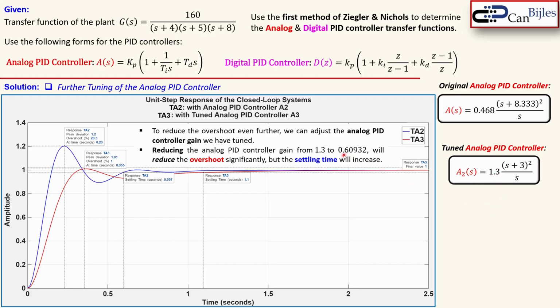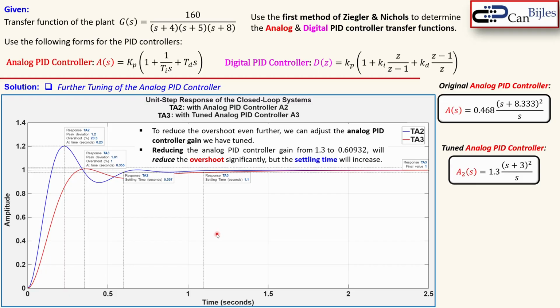And that is actually what I did by, of course, some trial and error in MATLAB, and I get to approximately 0.61 here. And I will reduce the overshoot significantly. You see that actually here, 20.3 went all the way to 1%. But the settling time will increase almost by a factor of 2. So this is actually the trade-off you need to make. If you say the overshoot is actually predominantly what we want to reduce, then this is of course a